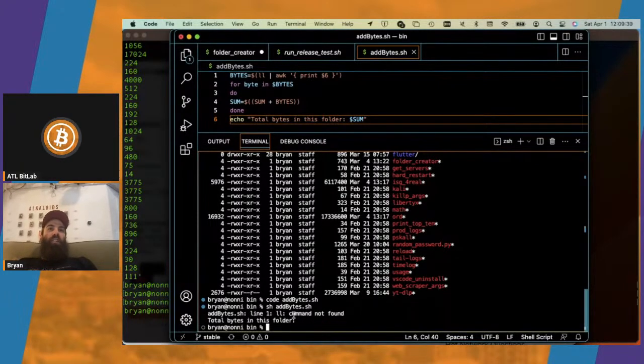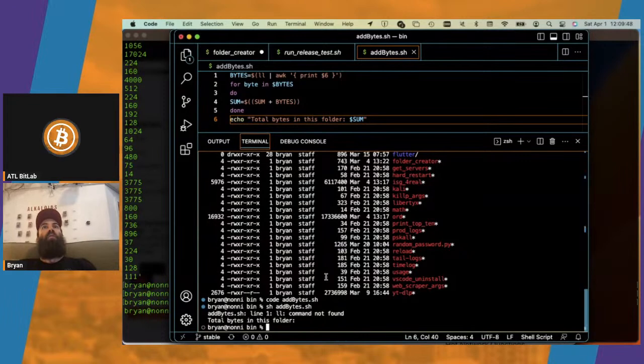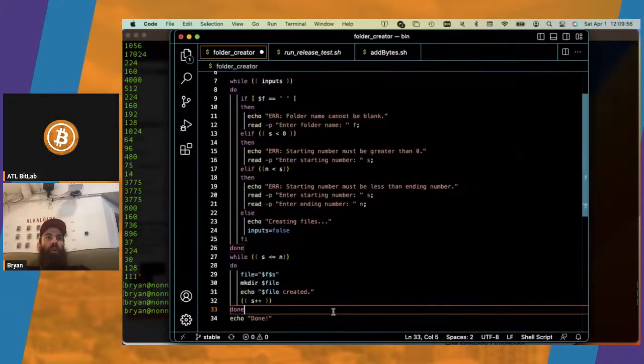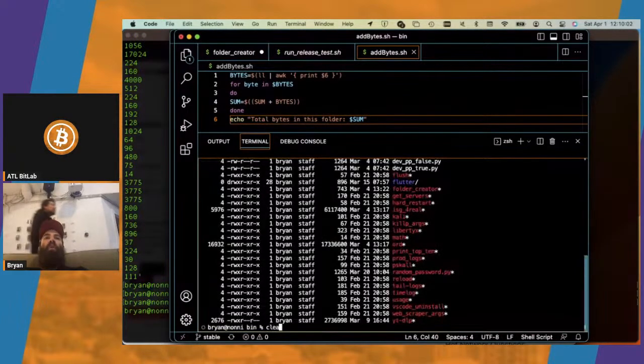Ha! So that's interesting to note. LL is an alias command that gets read in at the time you open a shell session, an interactive shell session. So as a user, for example, I open up this terminal and now I have an interactive shell session. I can do LL. But when you're running